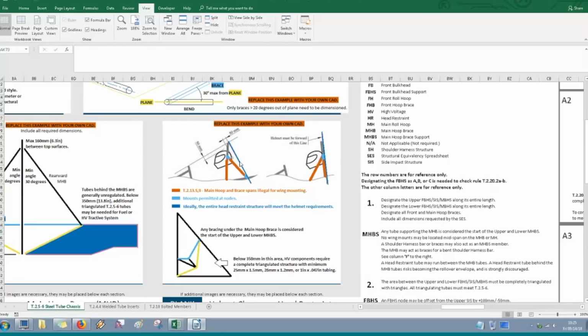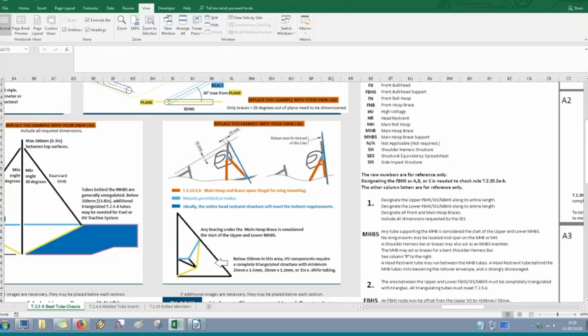The concern is if the car rolls over and there's a mount from the wing on here, that tube might take a hard hit from the wing hitting the ground first before the roll hoop itself hits the ground. And this main hoop brace, its job is to keep the roll hoop from folding over in a rollover situation. If it takes a hard hit from that rear wing hitting the ground before the main hoop hits the ground, it might not fail the tube from the rear wing hitting the ground, but in terms of fatigue, it might not be able to survive the next hard hit when the main hoop itself hits the ground. So that's why we want you to keep rear wing mounts